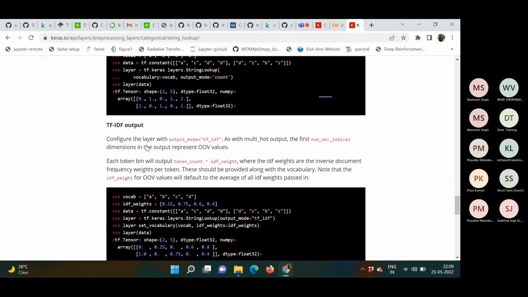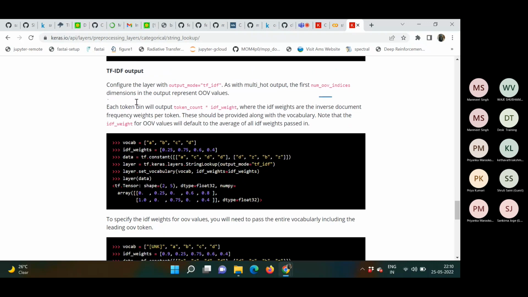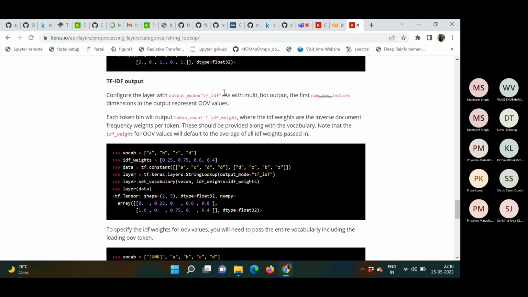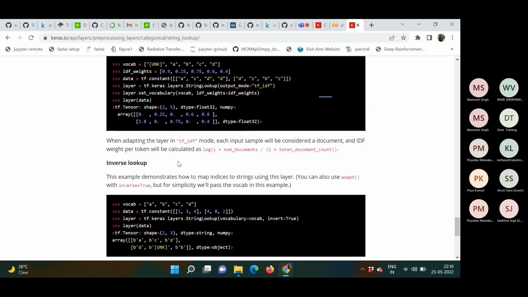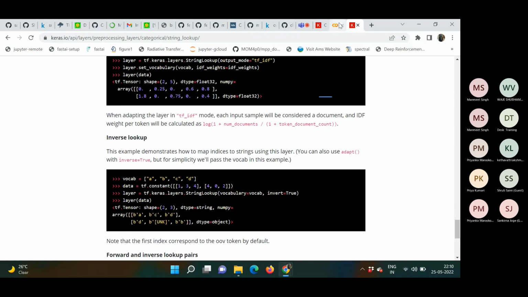And so TF-IDF. This TF-IDF is a very important concept that you should know about. It's inverse distributed frequency, something like that. And so this is basically inverse normalization by the frequency in which a particular token is being represented in the data. So it will normalize it according to that. Okay,